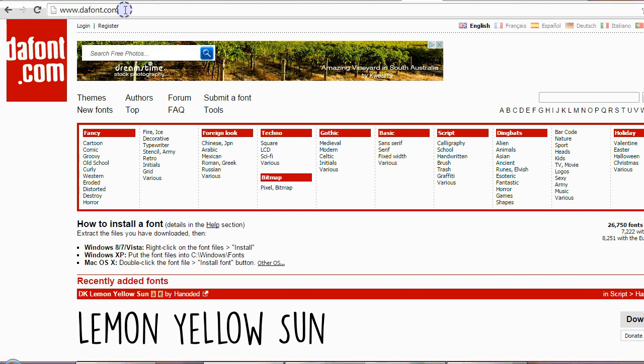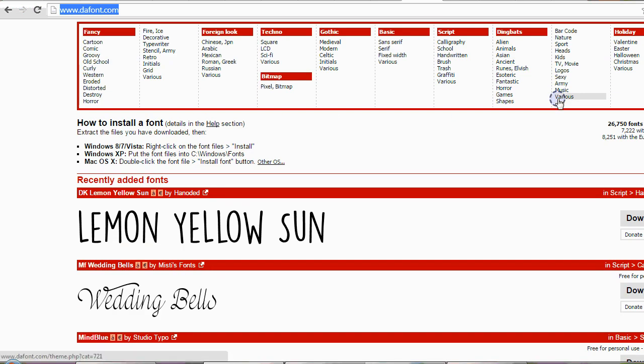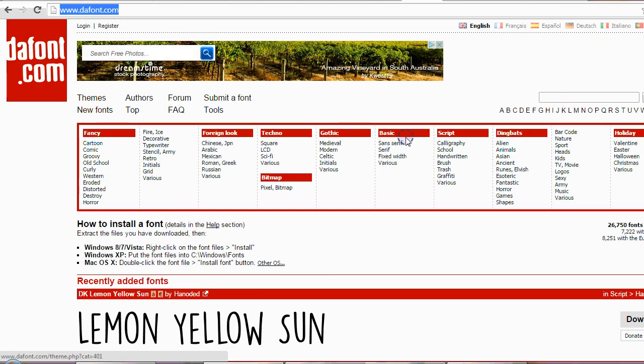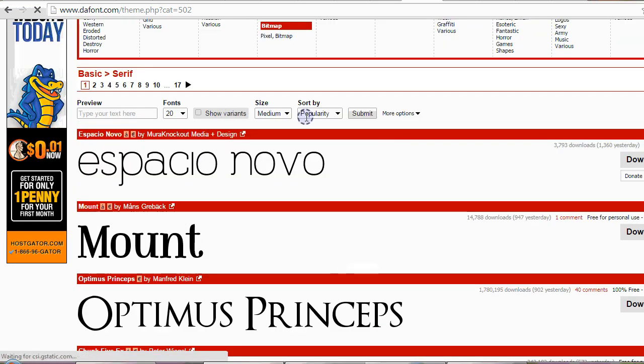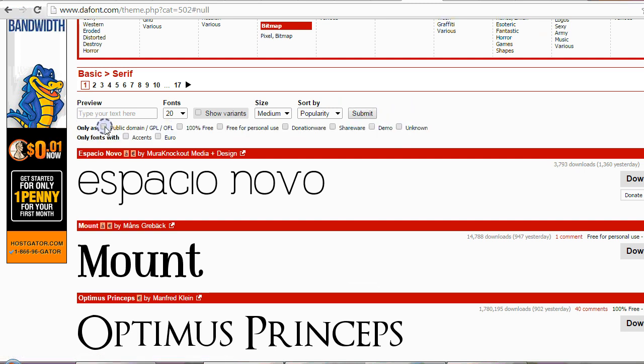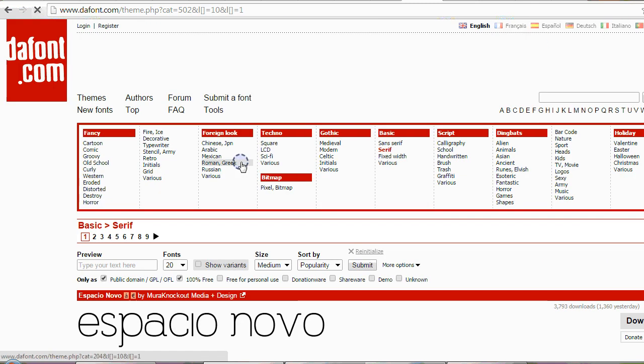If you go to Dafont.com, you can search for fonts. Now you could search by name if you know something that you actually want, or you can go by style, and we know that we want a basic serif font. So once we've chosen that, what we can do is click on more options. We need to choose a public domain or 100% free license if we're going to use it to print a book. So choose both of those, press enter,